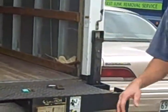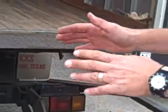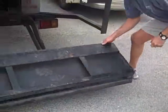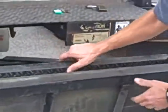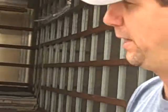As a truck, you might be parked in an area where it'll work when you're starting to load stuff up, and you're able to deploy the lift. But after you load the truck up, the actual truck gets too heavy. If it's real heavily loaded down, and you go to put it back up to go down the road, and you get to this point right here, and it won't close because it's too heavy. Well, there again, then you got to just open it back up, lift it up again, and then go try to find a place. I've had to park it kind of off a small hill or something like that when it's been really loaded down,